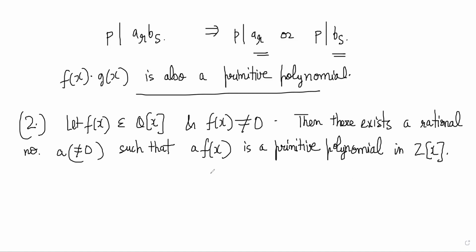So what this is saying is, if you take any polynomial in the set Q[x], which is the set of polynomials with rational coefficients, then we can find a rational number a such that the product of a and f(x) is a primitive polynomial in Z[x]. In addition, what we can also say is that if there exists